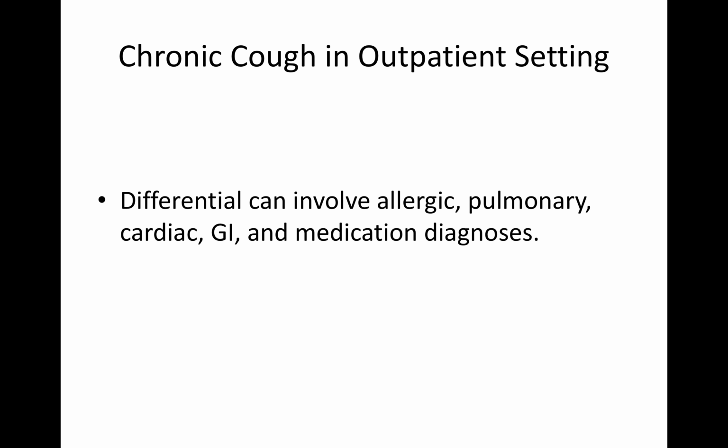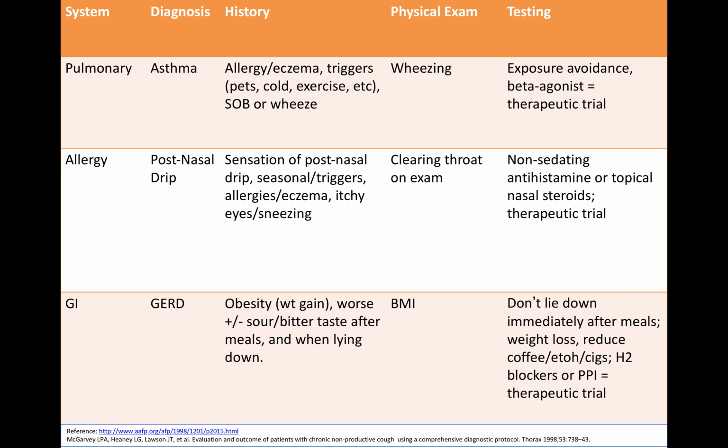So the first is chronic cough in the outpatient setting. Very common. And if you think about this differential, allergic causes, pulmonary causes, cardiac, GI, and medication causes, it'll be a nice way for you to approach this very common problem. So check out these tables. This is going to really help you. I'm not going to go into exquisite detail here, but just go through these tables on your own